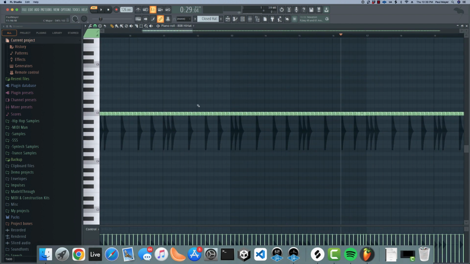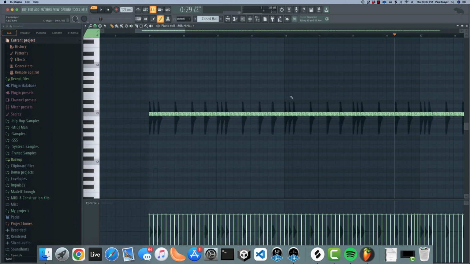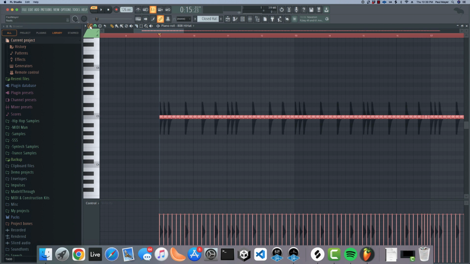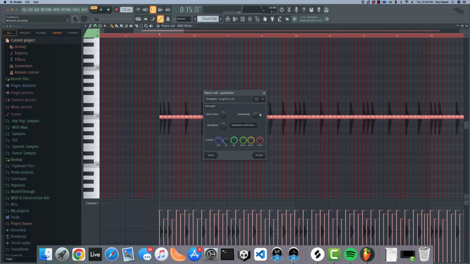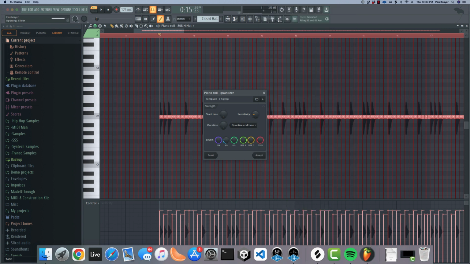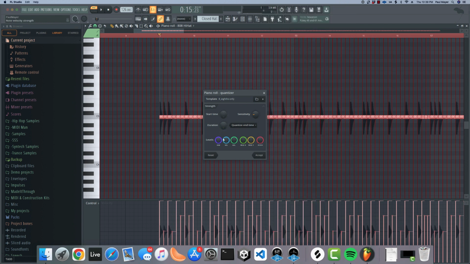So one thing you'll notice here is there's no velocity. It loses the velocity information because I've just gotten the slices. And one of the things you can do if you want some velocity is draw it in yourself, which I often do, or if you want to be lazy, go over here to quantize, turn the start time and the duration down, and select one of these patterns. This is kind of an eighth note beat, so what I may do is just eighths hip hop, and you just want to adjust the velocity of how much you want it to do this. Now I may do this eighths only, so it's a little bit more strong. So now if I play it,